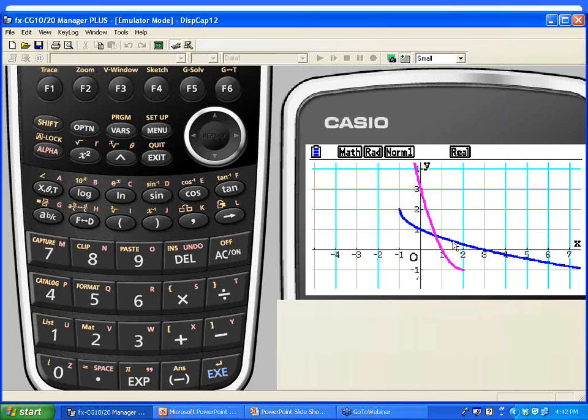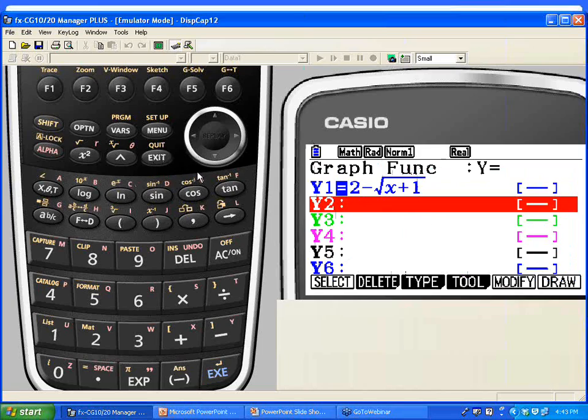Would you consider the blue graph to be a one-to-one function? I believe I answered that previously by saying this graph passes both the vertical and horizontal line test. And if we sat down with a pencil and paper and swapped our x and our y and really solved and created the equation for this, we would see that the equation of the pink line would look something like this.